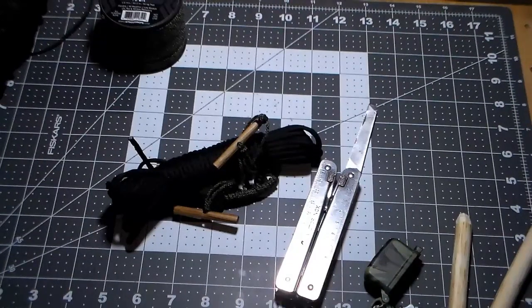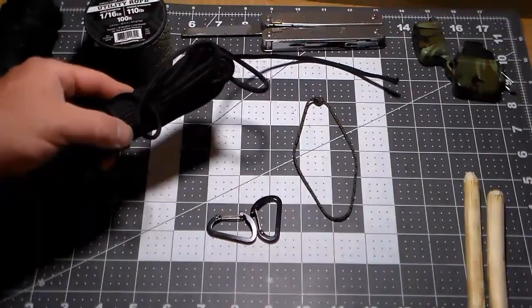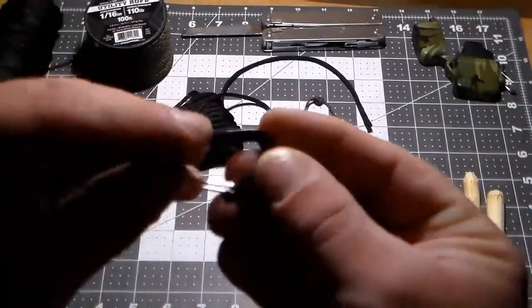Now we're going to do a continuous ridgeline, which is different. So let me get everything set up and I'll be right back. So we have our 50 foot length of paracord. We have two mini